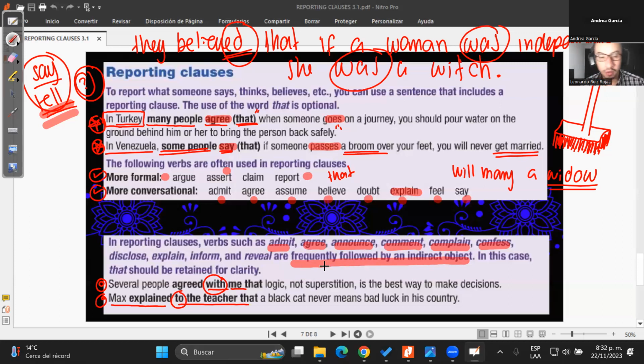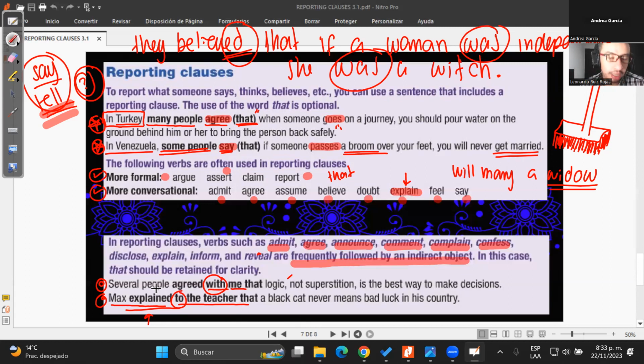So, my dear, teacher, question? Yes, ma'am. Why explained? Why "-ed" with explain? I don't understand this part very well. Tranqui, no worries. In this case it's because the situation was before. But normally here, for example, it's normal, no? Here it is because it was in a class. Max explained to the teacher that blah blah blah. But it's not something that happens every day. That's why it's not in simple present but in simple past, because it happened in one class and that's it, right? Yes, teacher.